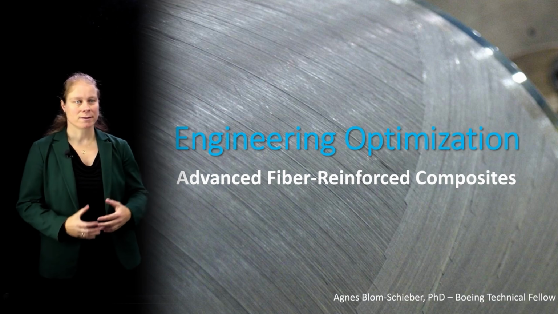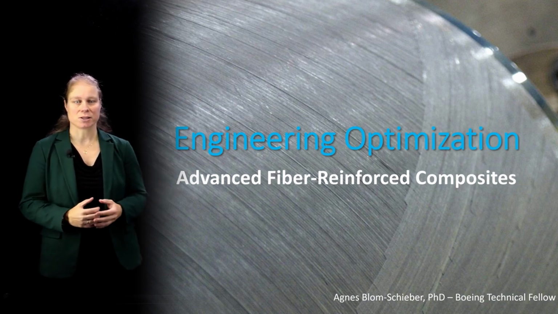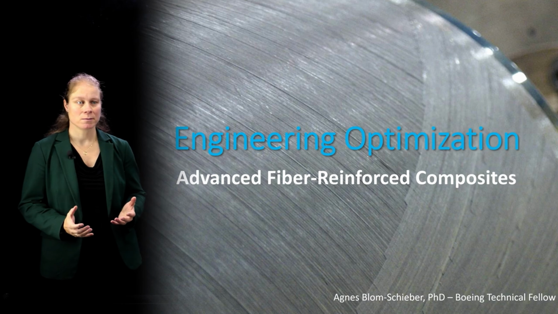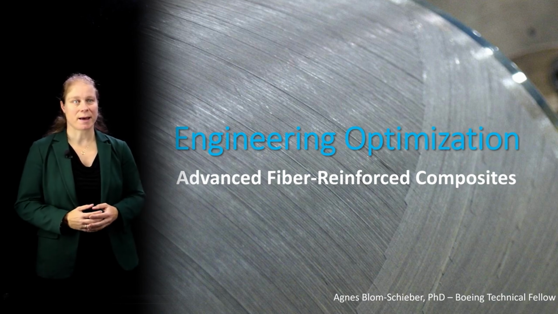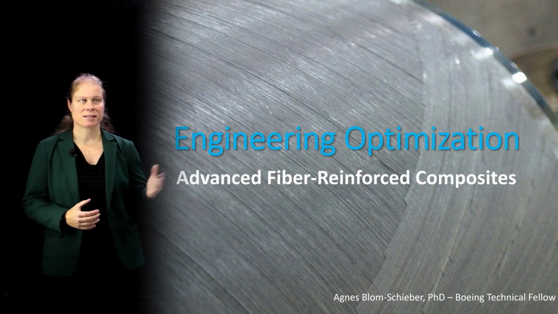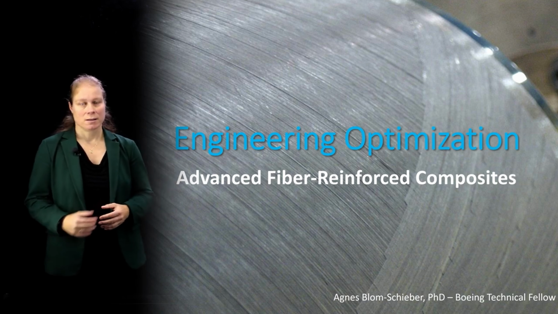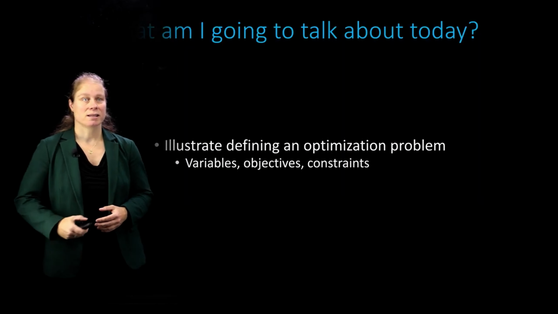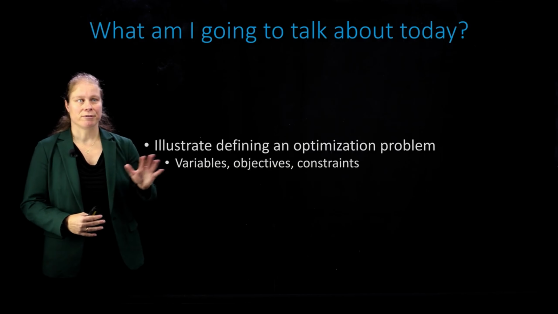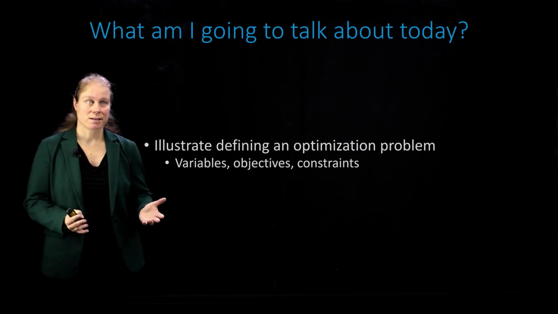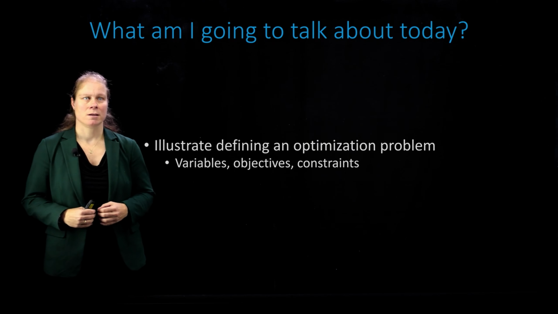Today I will be talking about an example in optimization applied to an engineering problem as an illustration of some of the lecture material that you've seen in the past. This particular example will be on advanced fiber reinforced composites, and I will discuss concepts such as how to define your optimization problem, both the variables as well as objectives, where constraints might come from, and how you might want